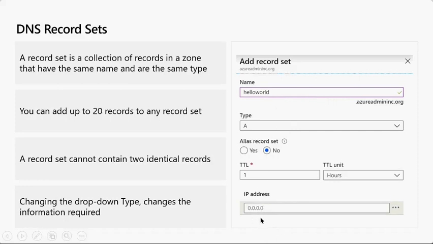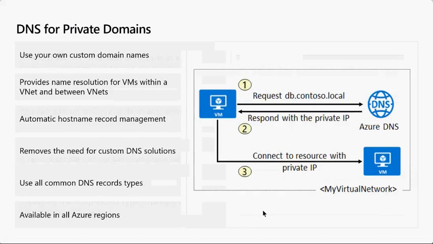The browser will get the IP, and using that IP, it can reach the service. Likewise, whenever you are implementing private DNS, this is what happens. VM1 wants to talk to VM2, and this will send a request to private DNS, and the private DNS will serve back the IP address of VM2, and then VM1 will use that private IP and connect to this VM. So that is the fundamental idea here.